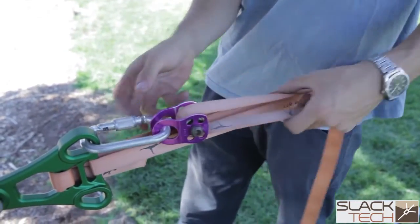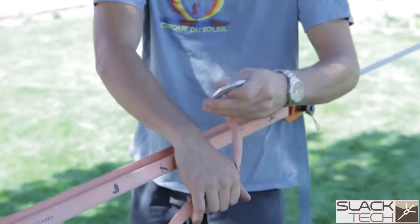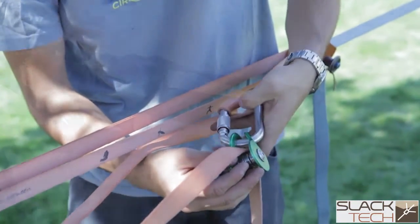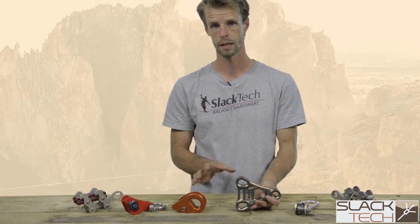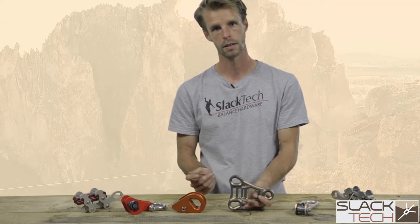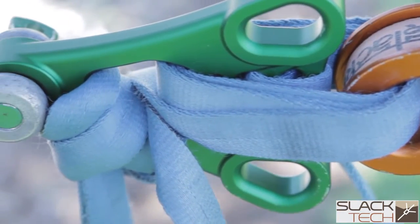If additional multiplication is needed, you can always add the webbing pulley or just simple carabiners to give you another 3-to-1 multiplication just for added oomph. One thing we recommend though, when you do bring your webbing to tension, is to go ahead and loop your webbing around the Genesis and the Ramlock multiple times just to create an extra solid support system for the